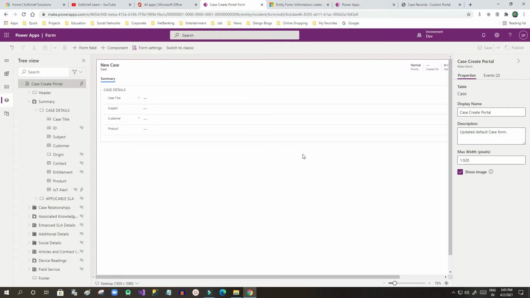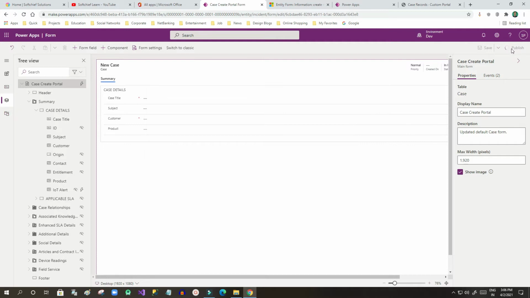So this is how we can create new records from the portal, and this is the first step you have to perform. Once this form is published, the next step is to create an entity form using the model driven app, portal management. Let us wait, this is still publishing. On the right top corner you can see.